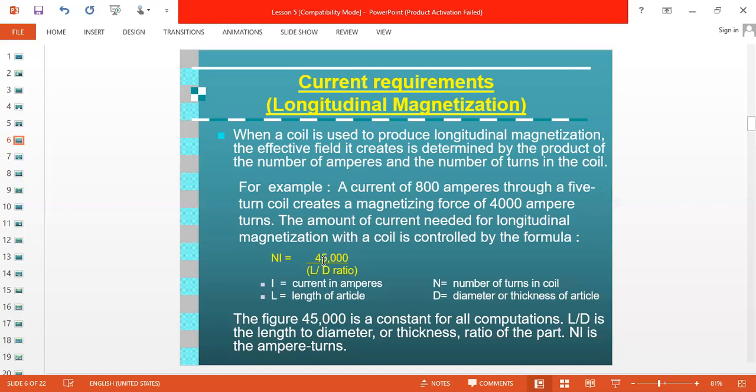If the L by D ratio is equal to or greater than 4, then we can use the 45,000 formula. And if the L by D ratio is less than 2, we can't use either formula, neither 35,000 nor 45,000.